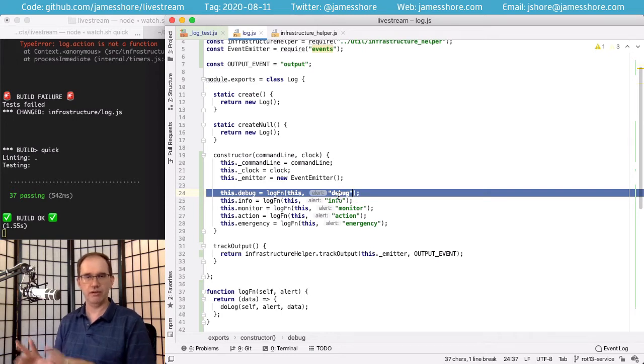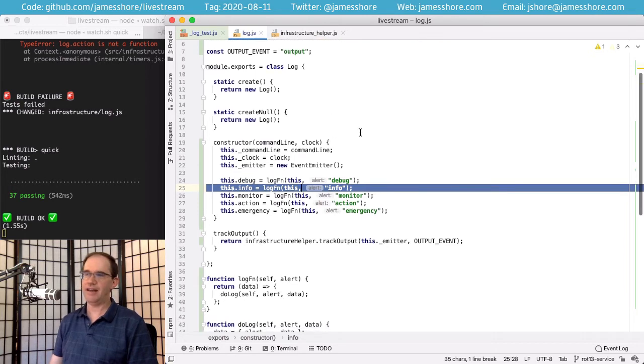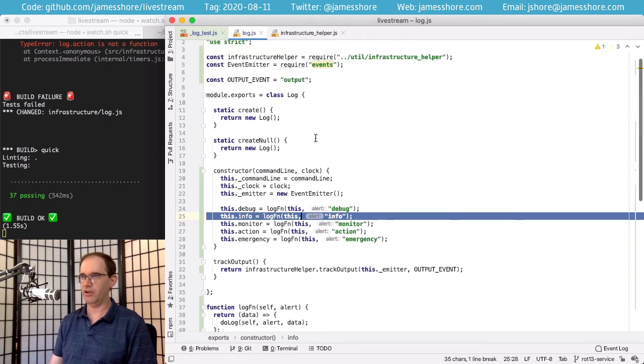I just do it in local development. And then if I have something that needs to be deployed, I'll do it as an info. So yeah, I don't disable logs. But again, if you want to add that, it's something that you're welcome to do as an exercise on your own.